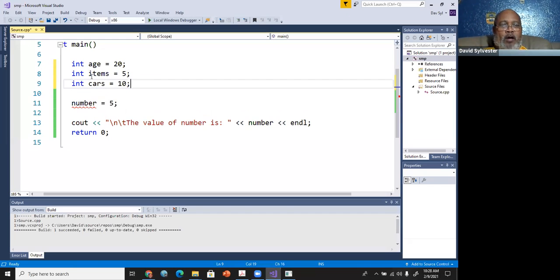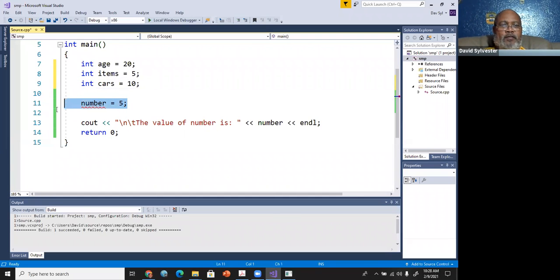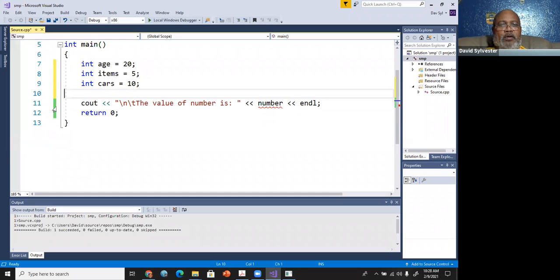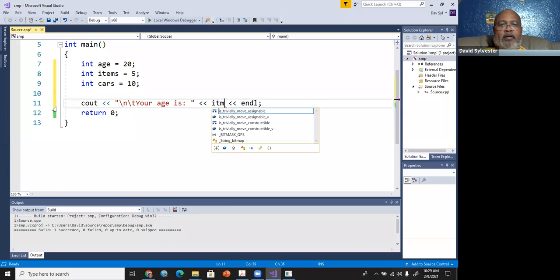So you as a programmer, you declare and initialize all these variables. Age is 20, items is 5, cars is 10. Now, I'm going to take this one out because number, we don't have that as a variable in this program anymore. So when I go to my cout statement, I'm in control as to what I'm outputting. So I can say your age is, now, if I go here and say items,